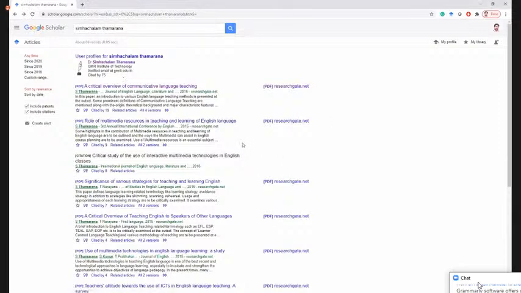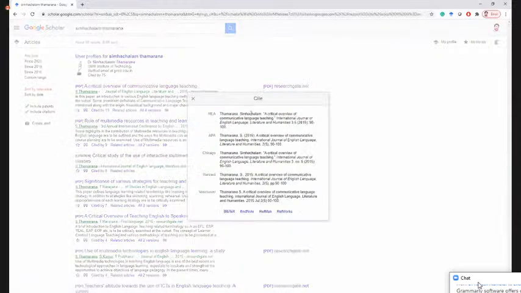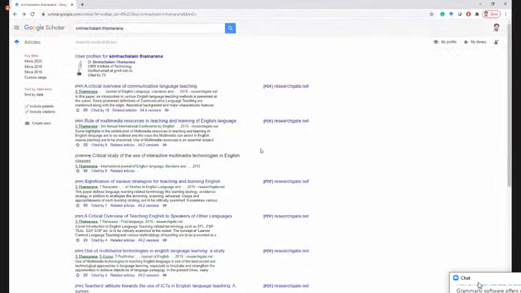In order to reference the same material, you can automatically, with the help of this Google Scholar referencing, get the citation features. EndNote is another, RefMan, RefWorks. These are all very scientific ways of referencing things, and these formats will be useful in some software. So this is all about